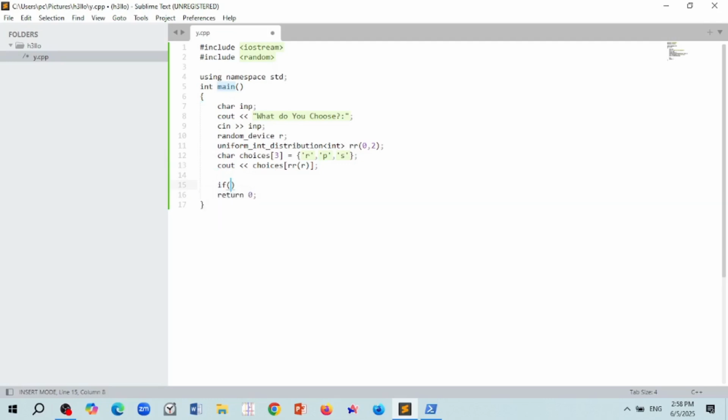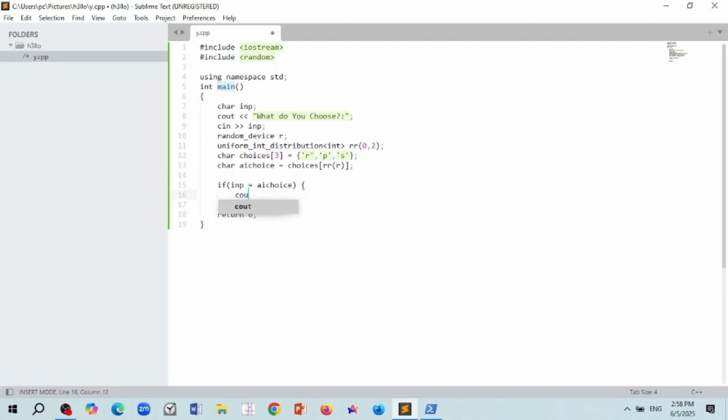As you know, in rock paper scissors, firstly I'll check if they're the same. I'll change this into a variable, char AI choice. If input is equal to AI choice,